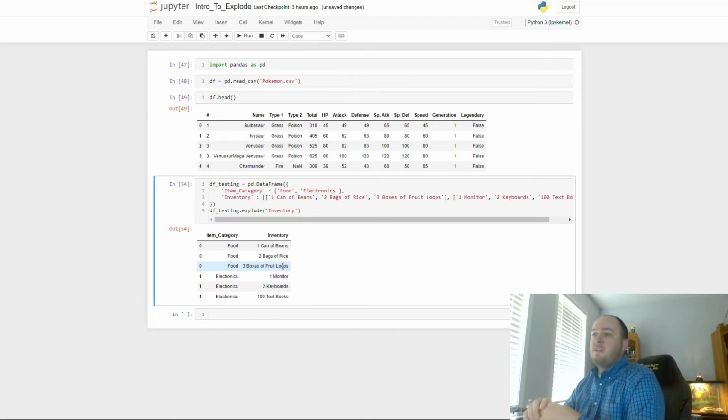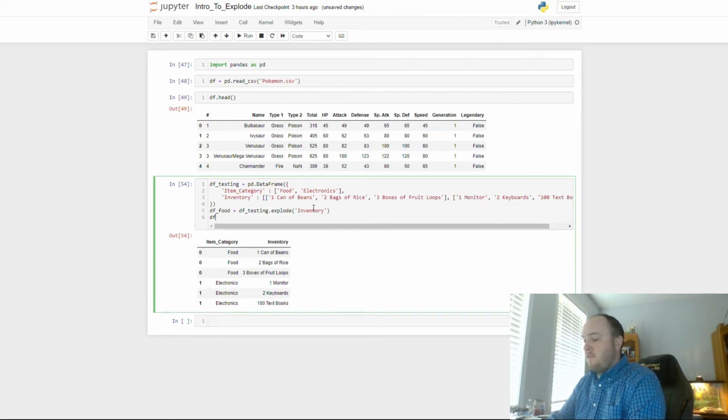You're going to have to parse through some of this data and figure out what exactly it is that you needed. Now, this is a cool example of, we've got our data broken down into food category, and then you see we have 1 can of beans, 1 can of rice, and we can take this another step further, and we can just say df testing equals, well, let's do df food, because we're going to be focusing on the food category. So df food equals the df testing explode, and we're going to say df food equals, df food loc df item category